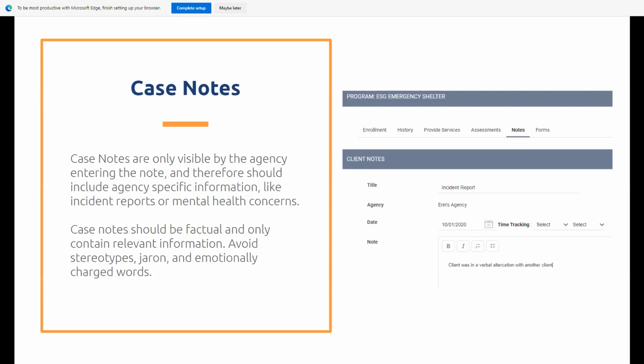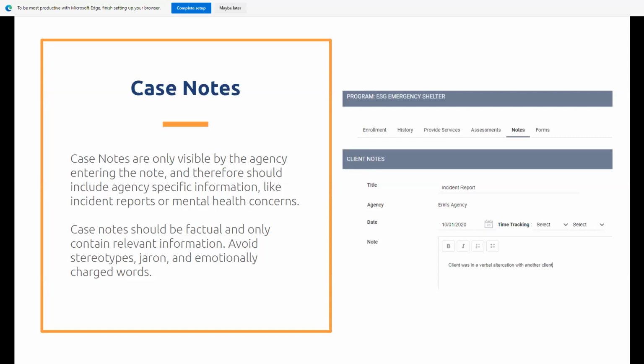You should be avoiding stereotypes, jargon, and emotionally charged words, like dangerous, threatening, abnormal, immature. Try to avoid those types of words to ensure you're giving an unbiased note on the client's situation.